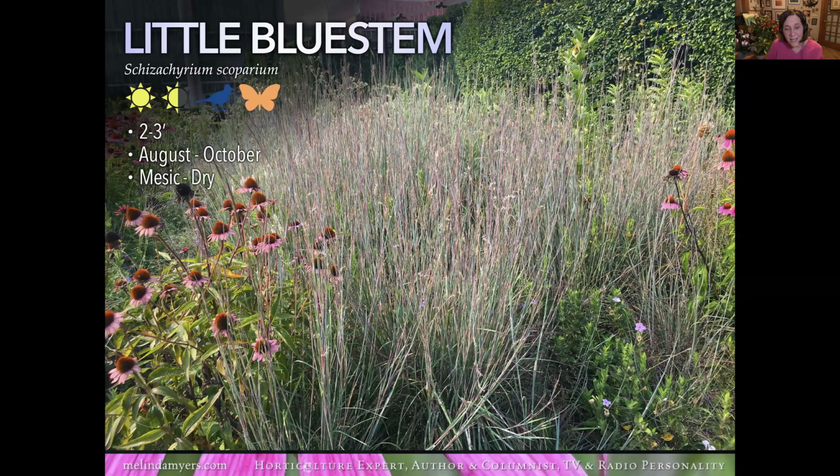But boy, the fine texture, the blue-green leaves of this plant, the fall color is outstanding, and the seeds look like little tufts. So the birds will come in and they'll take those seeds in the winter. The pollinators will come and nectar. Many butterflies use this as a host plant for their caterpillars. So it's got lots of appeal. Full sun, part shade, well-drained soil for your best results to dry,